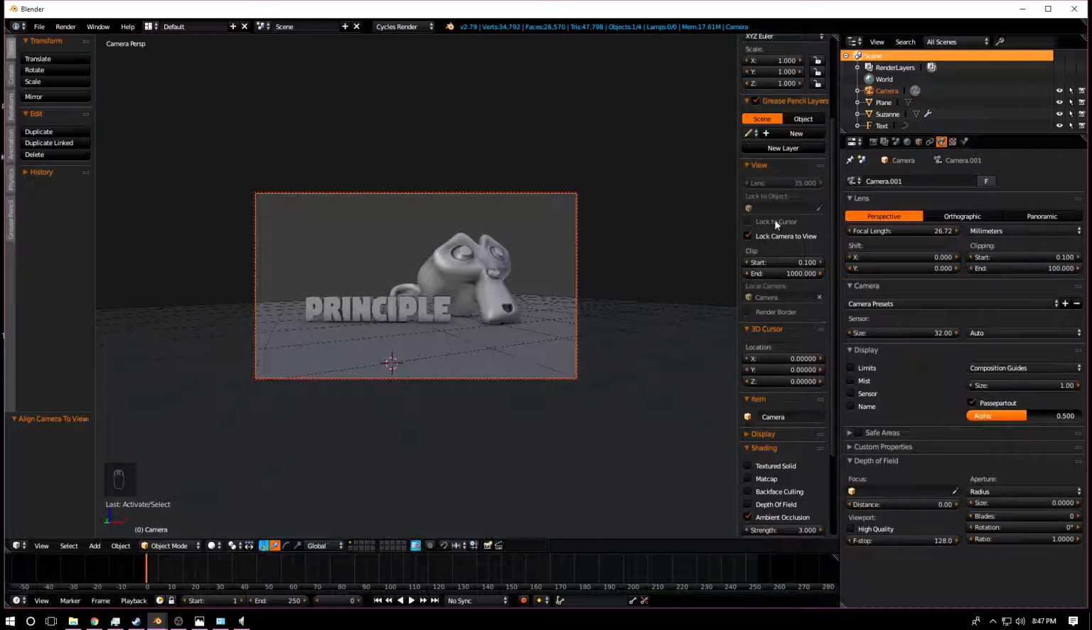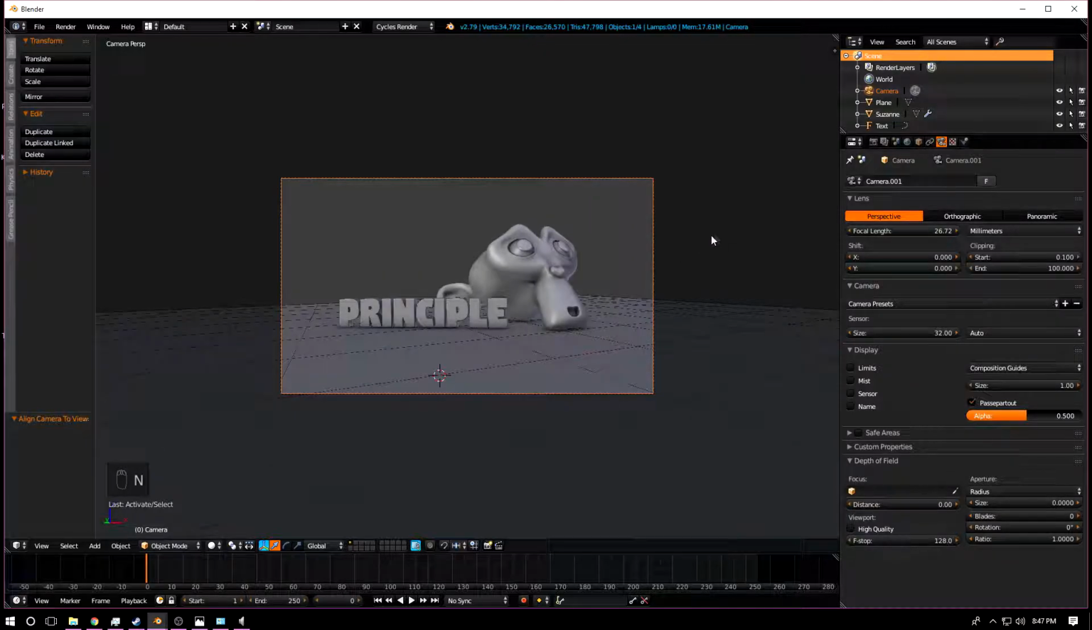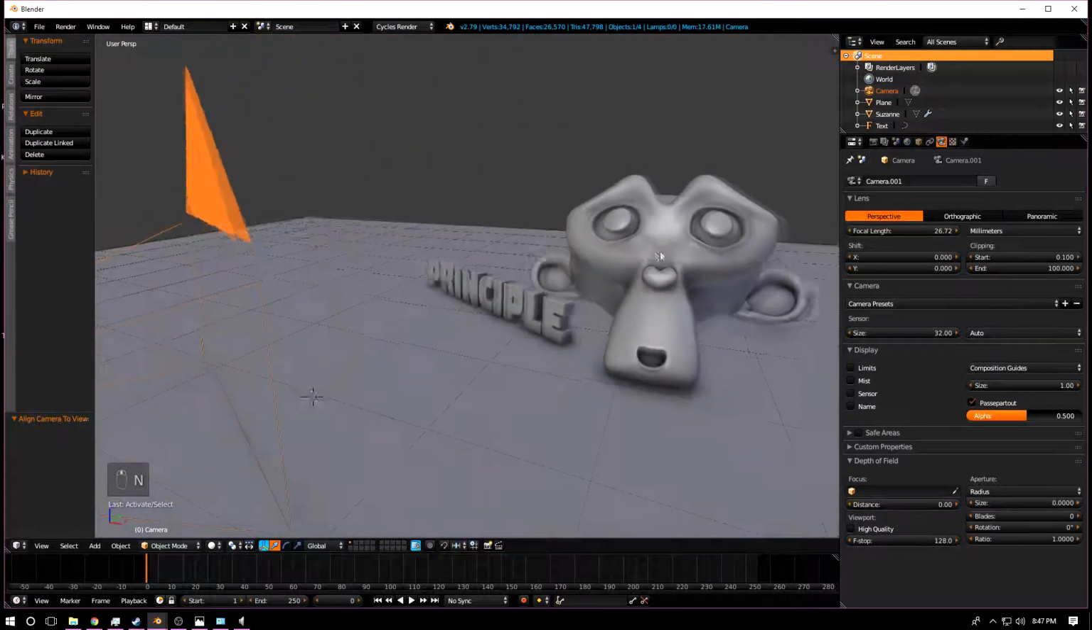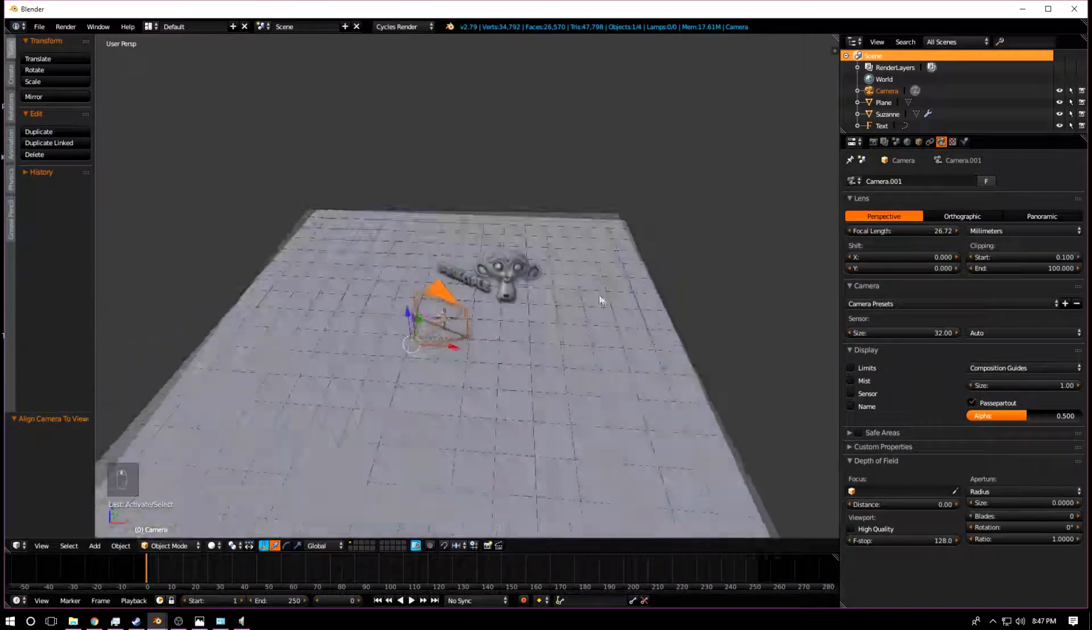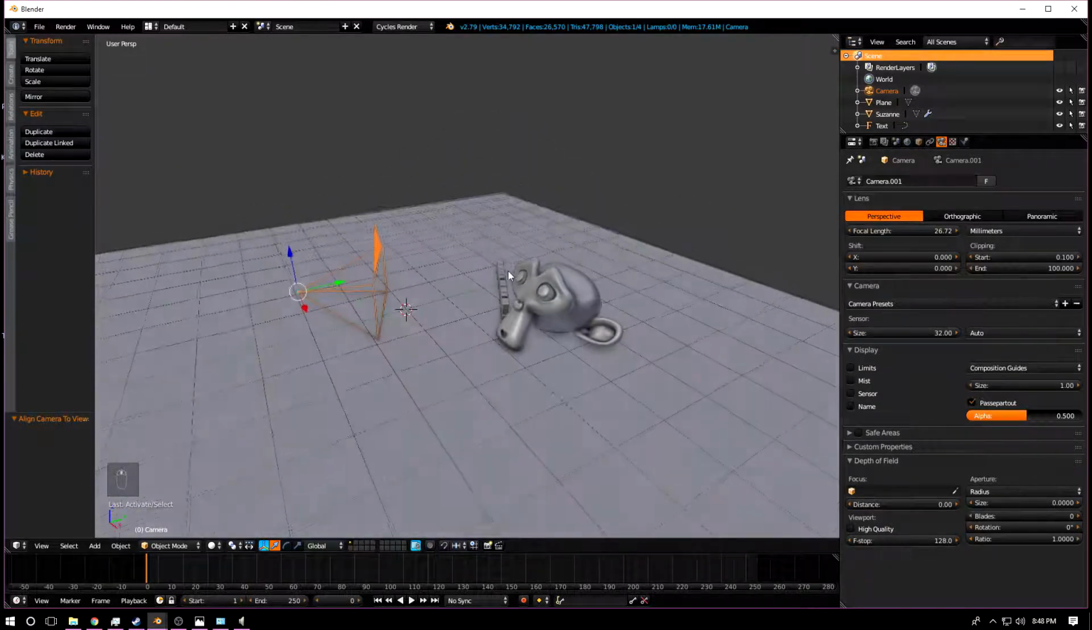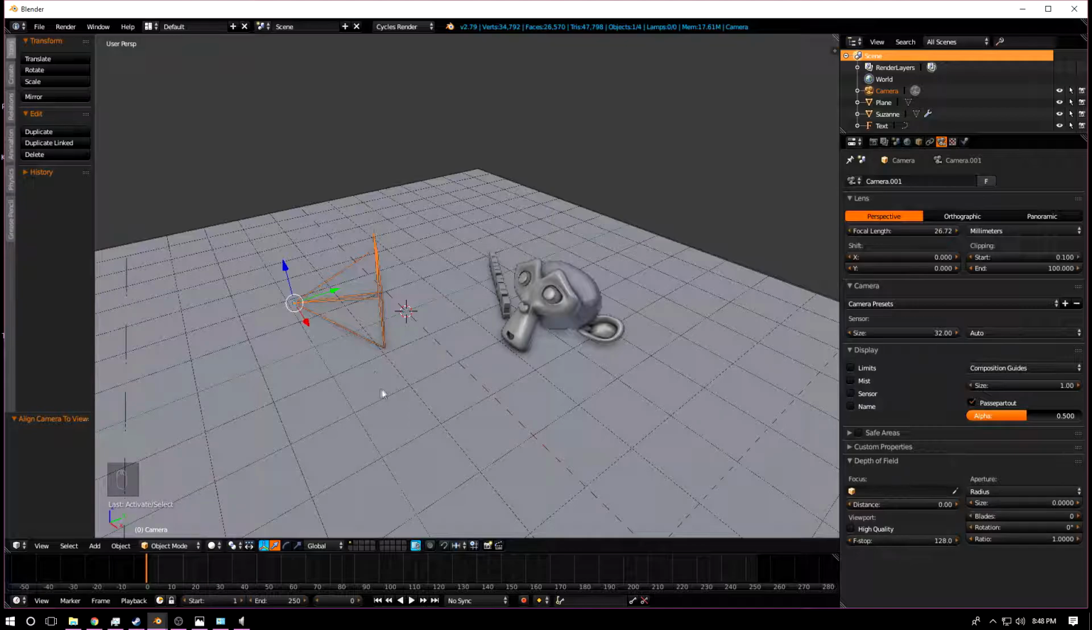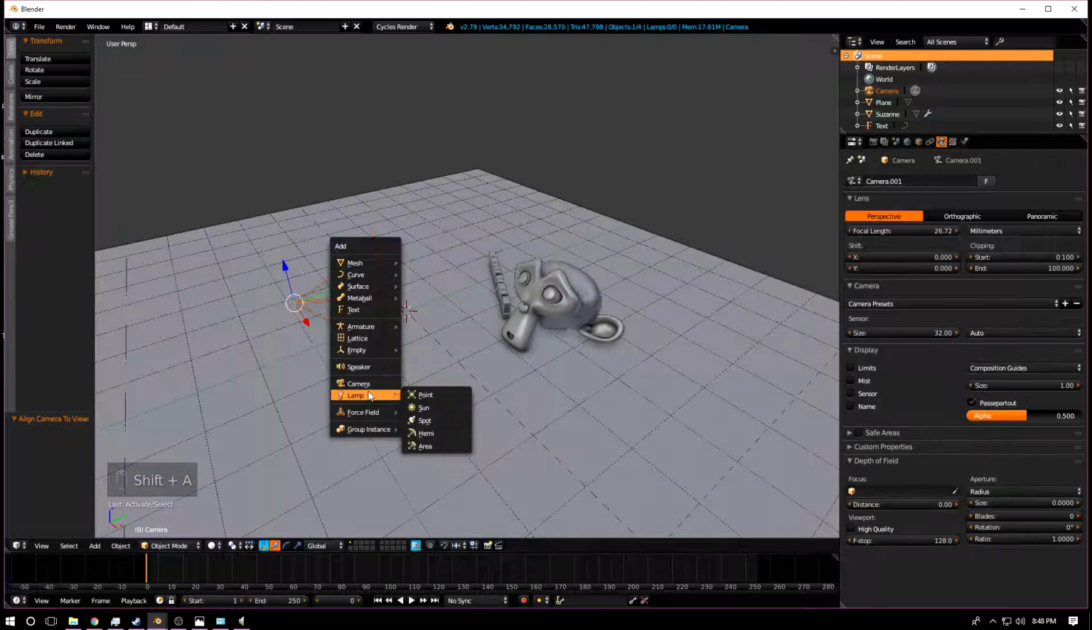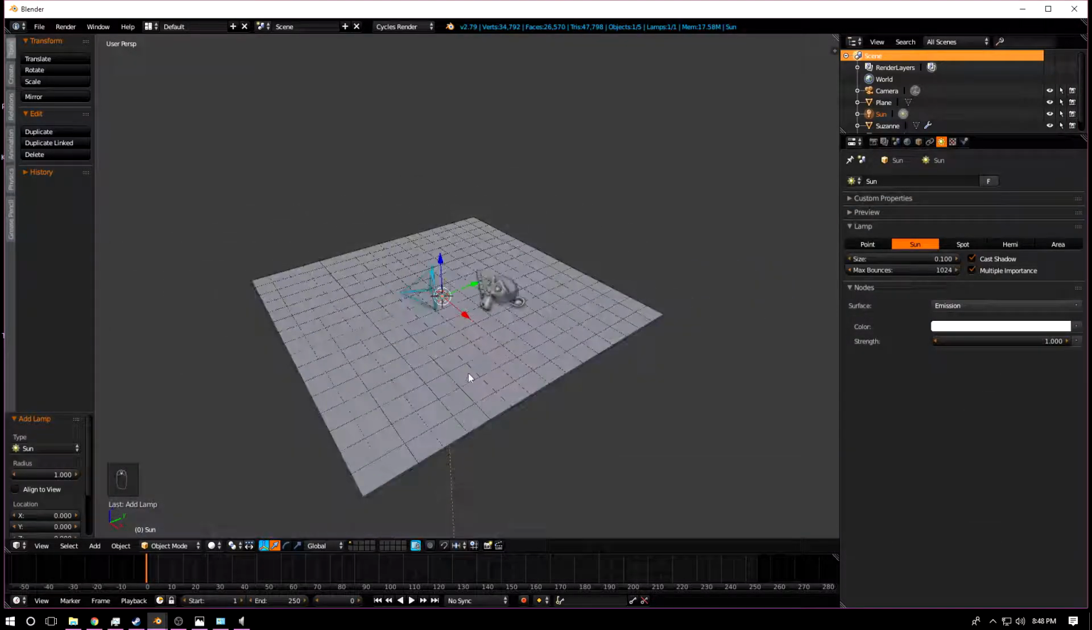Now we can uncheck lock camera to view so it doesn't mess up when we move, and then press N to get that menu to go away. You can move out. And now we're gonna set up our lighting. I'm gonna Shift A, a lamp, a sun lamp,